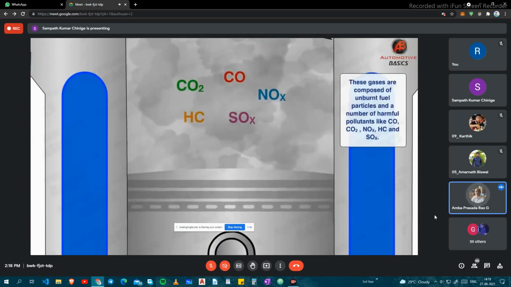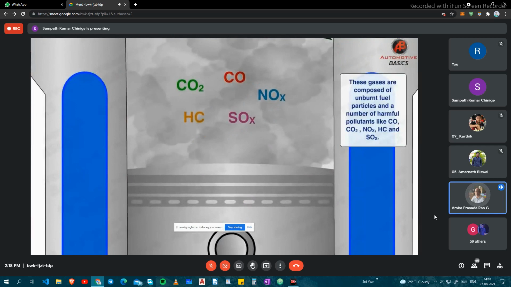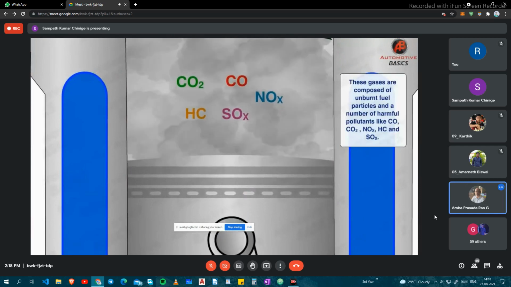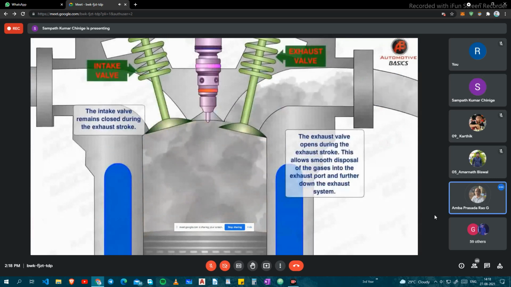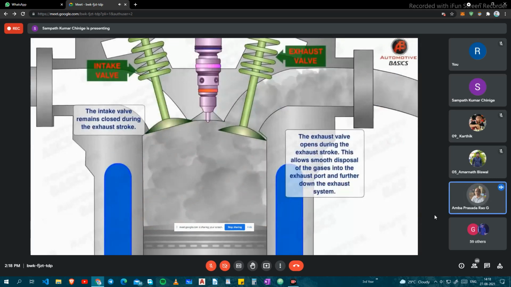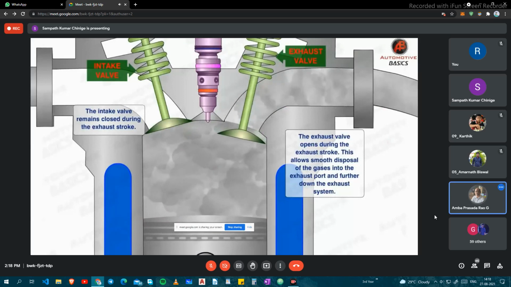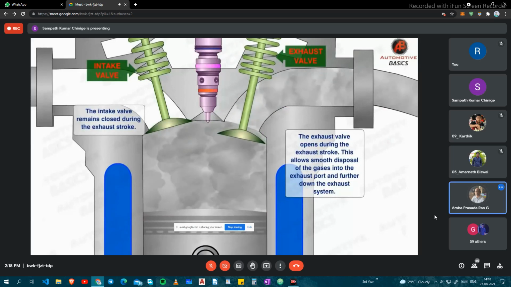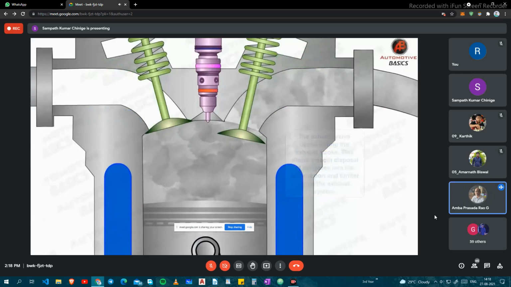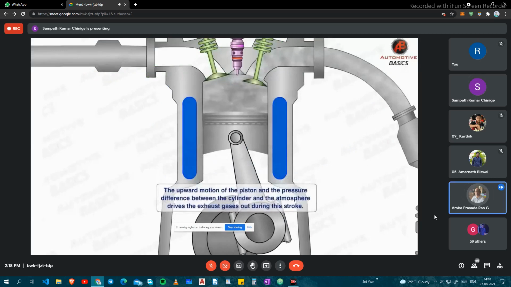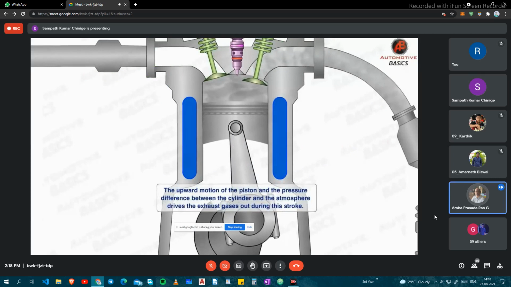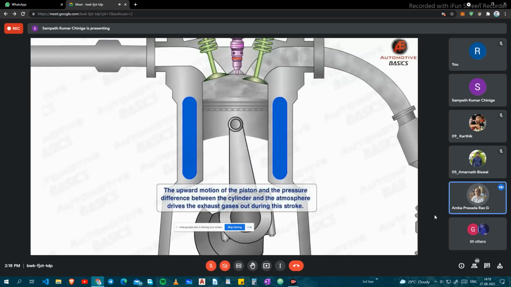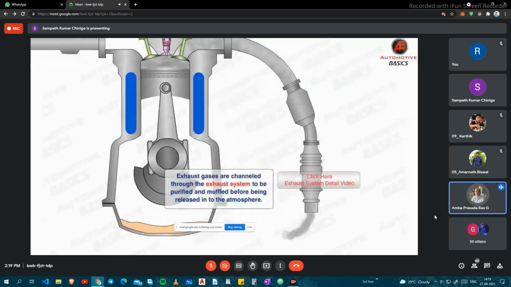Of course, if there is no luminosity, it is good because there is no smoke. But at the same time, they are very dangerous to handle. We do not know if the prevailing conditions are conducive for them to ignite, and it will be hazardous also. So it is good in one way, and dangerous in another way. Now, whatever burnt products are not useful will be let out of the engine cylinder through the exhaust manifold.